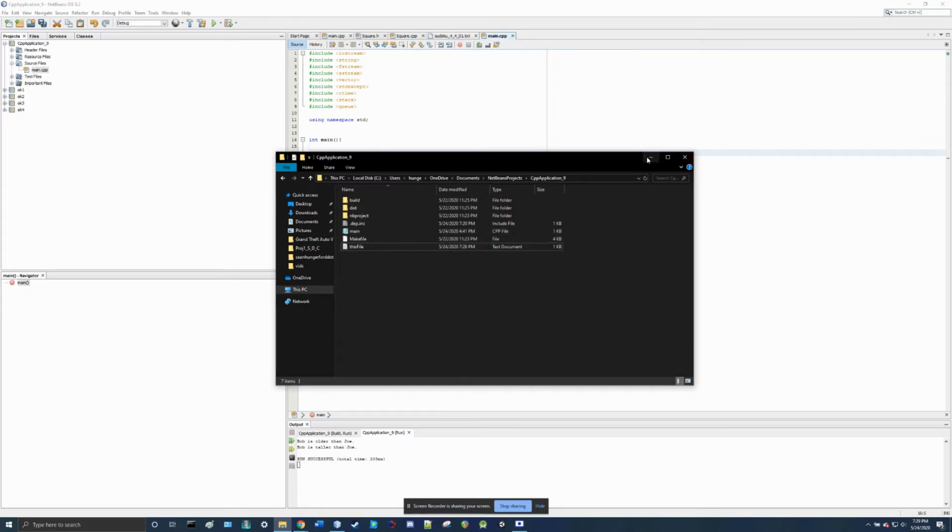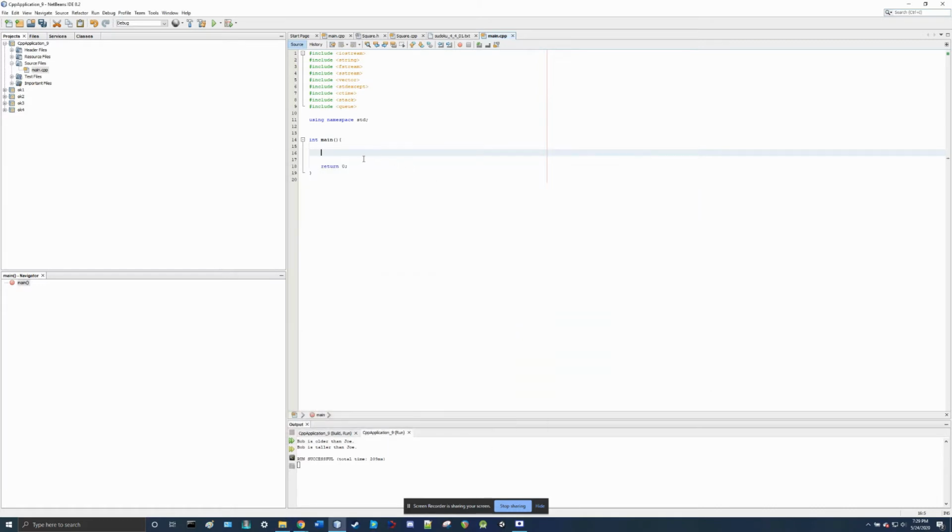We can also create a file. So that's actually what we'll do first. We're going to create a file. So let's do that. In order to use File I/O, you have to include fstream. That's what that's for. So anyway, getting started here,